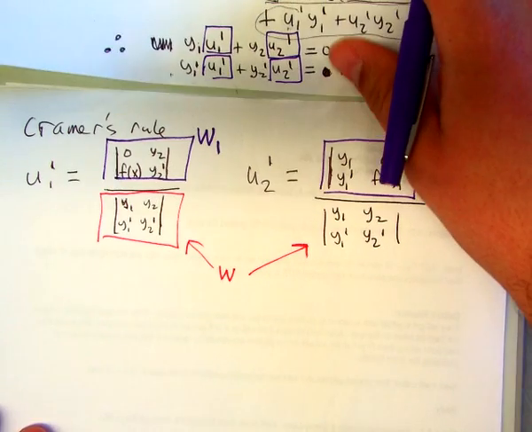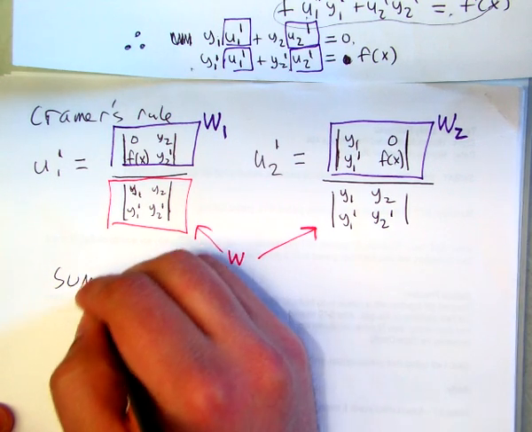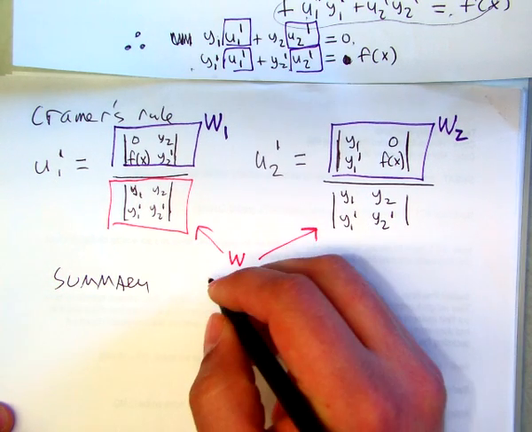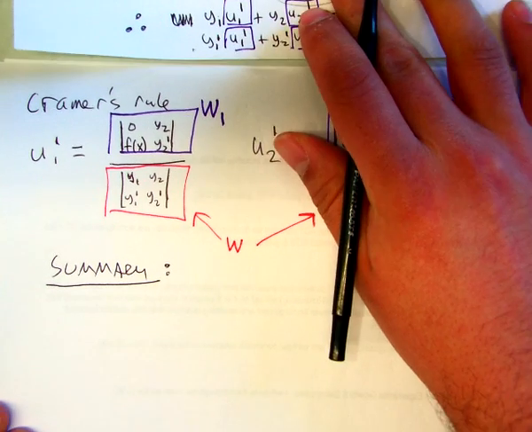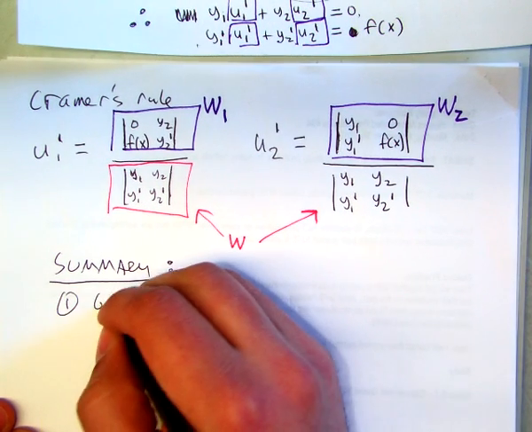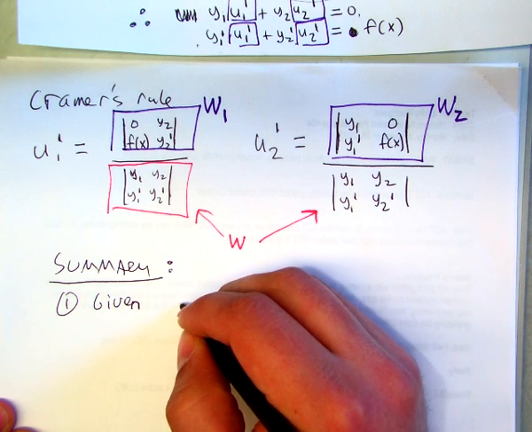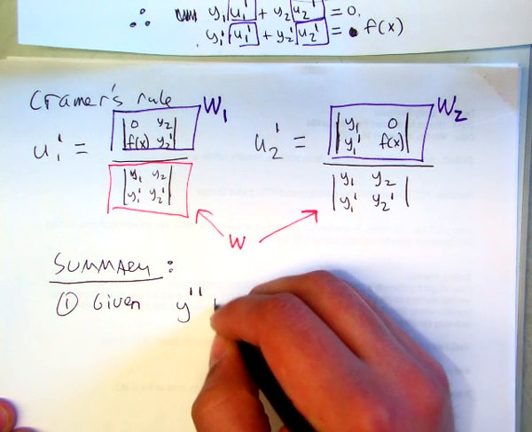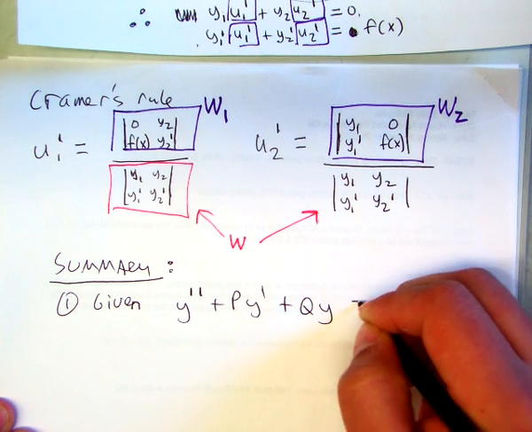So let's recap all the steps that we're going to take. Okay, so here's our summary, and then we're going to actually go ahead and do a few problems with this. Okay, so number 1, given an equation that is in the form of y double prime plus py prime plus qy equal to f of x,